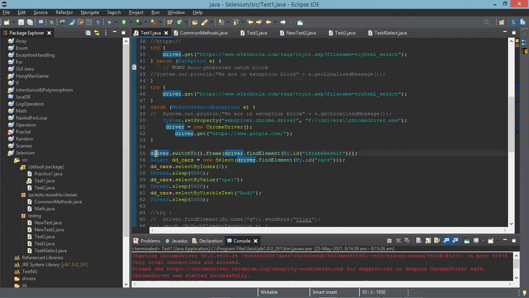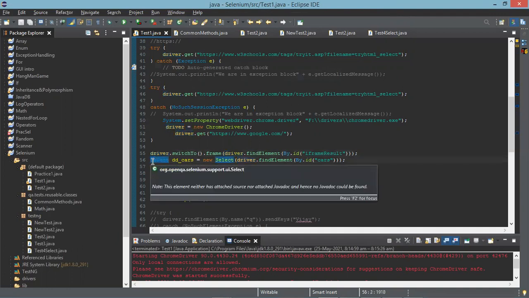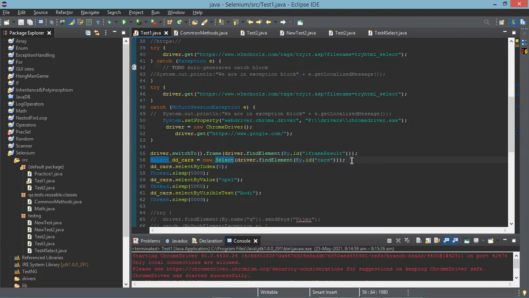Line 56, for the select object, should be a part of your select element. When you are selecting, you should be getting some object with a name. And then line number 57 or 59 or 61 is what you are going to use, either of them. So for these three things, you are selecting by index, by value, or by visible text.